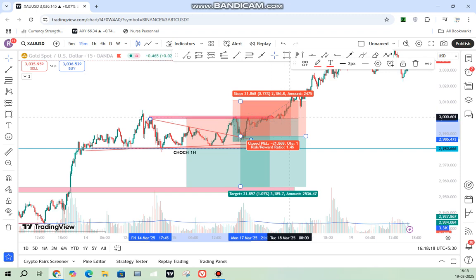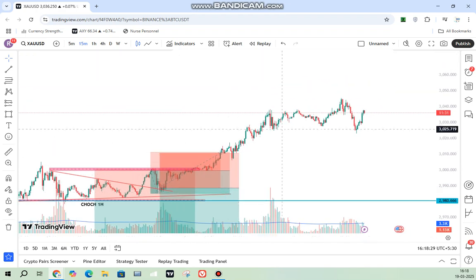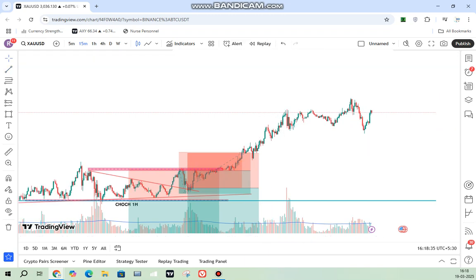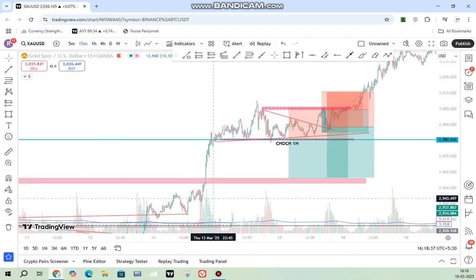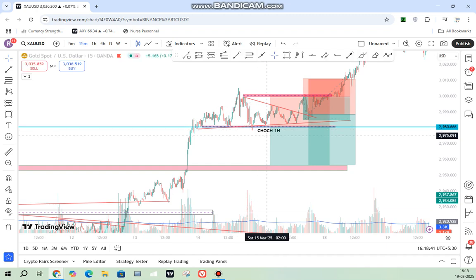So when it started to go up, I could have taken a trade or entry over here, or here, and then I could have ridden this trade. But it's okay. I have learned my mistake, that early entry. See, these trades were good. This setup was also very good. It was against the trend,